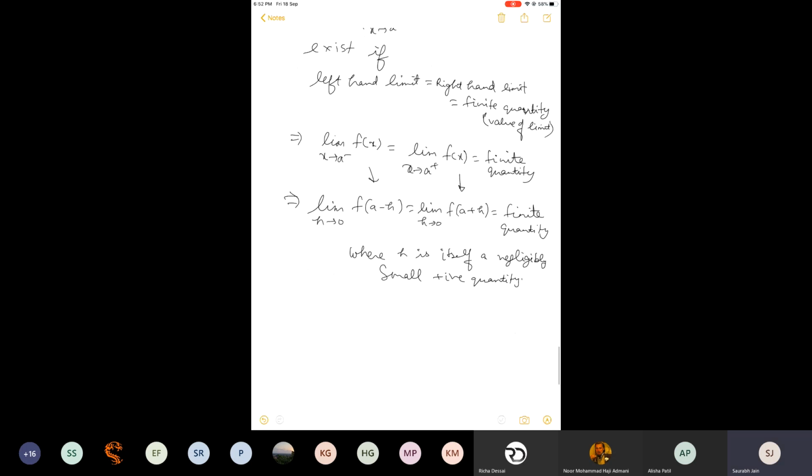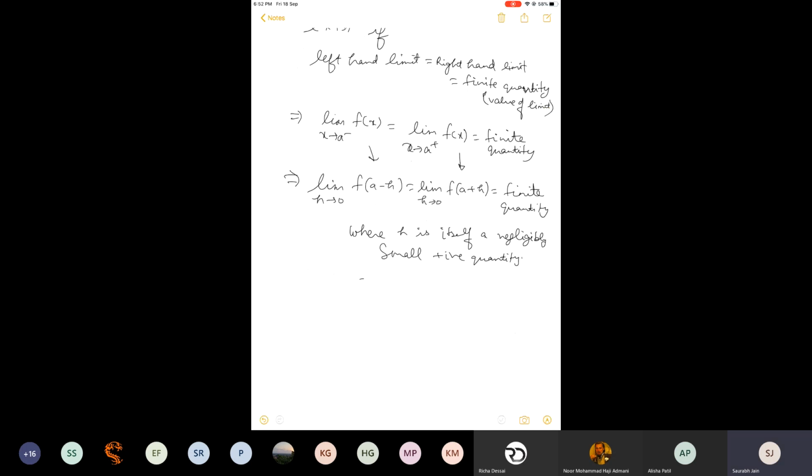See, in mathematics, if I have to say this thing, that 2.0000, okay. If I have to tell a number just greater than 2, then will I say it like this, 2 point so many times 01? It does not look good. Instead of this, I will use 2 plus h. 2 plus h means a number greater than 2.